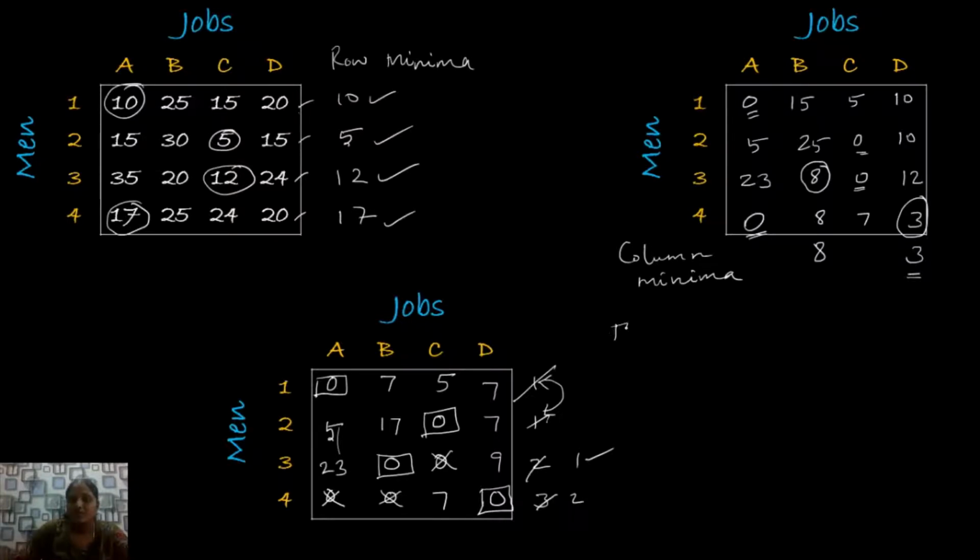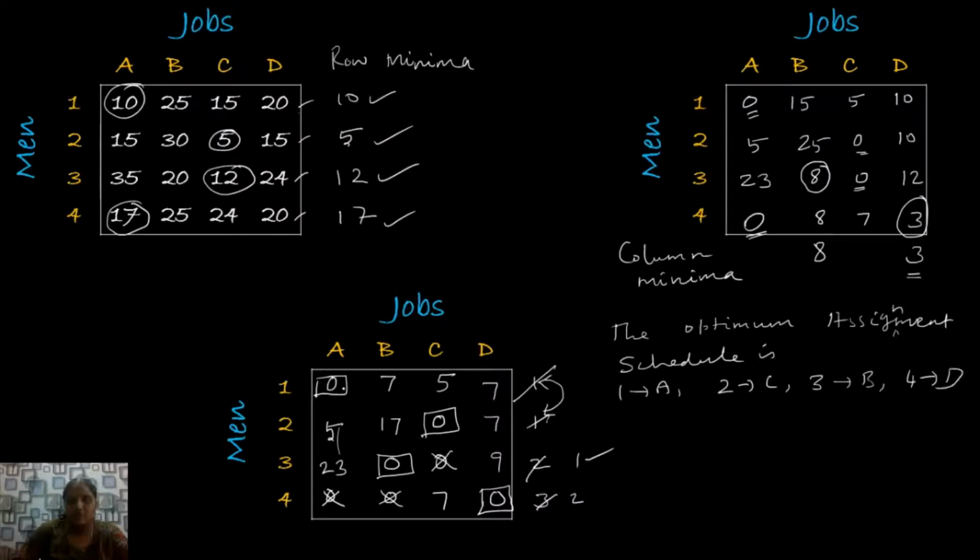So the optimum assignment schedule is 1 to A, 2 to C, 3 to B and 4 to D. And the cost associated with it is